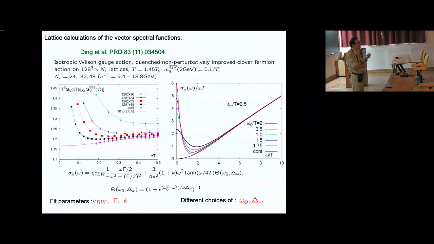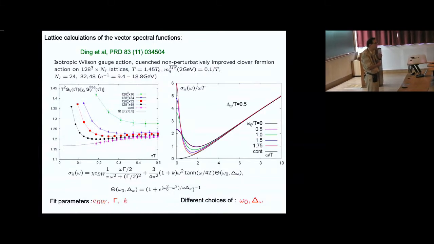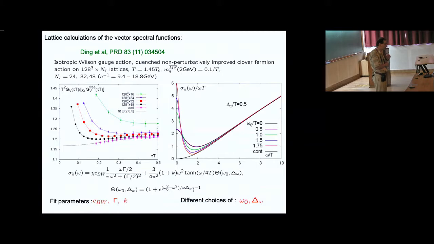In fact, the only strongly coupled theory we know where this calculation can be done is N=4 SUSY. N=4 SUSY could show that, for example, the correlation function of the conserved charge, or the spectral function of the conserved charge, doesn't show a transport peak. You have a kind of non-zero intercept at omega equals 0, but it's smoothly connected to the high frequency part. So the first question to answer is: is QCD, let's say at 1.5